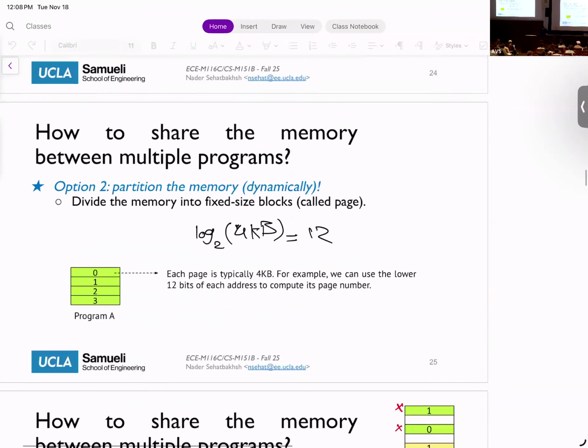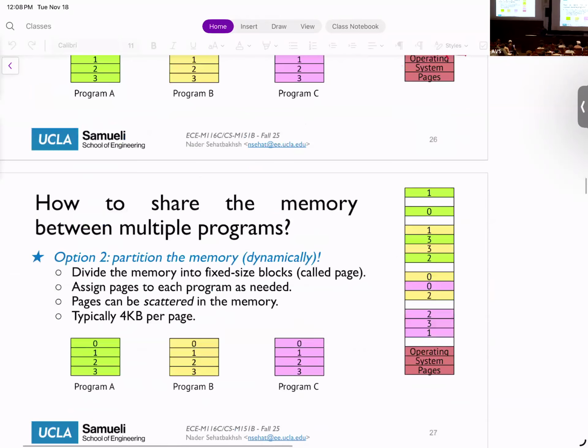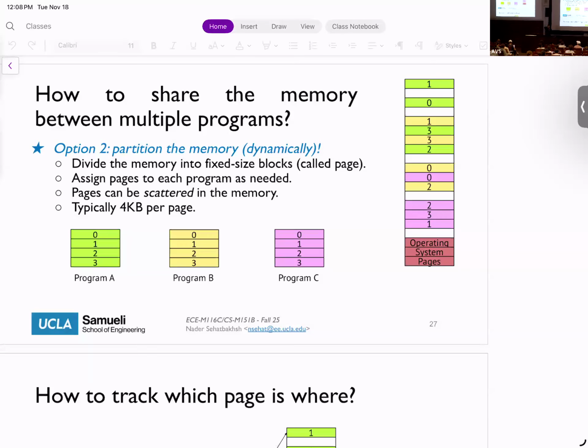For example, you can have 4 kilobytes or 2 kilobytes of continuous memory, call that a page, and assign it based on demand. So initially, each process can get like 4 or 5 pages or whatever number is required. But if it needs more, we assign more pages to that process. This way, we always have some empty space in the memory.